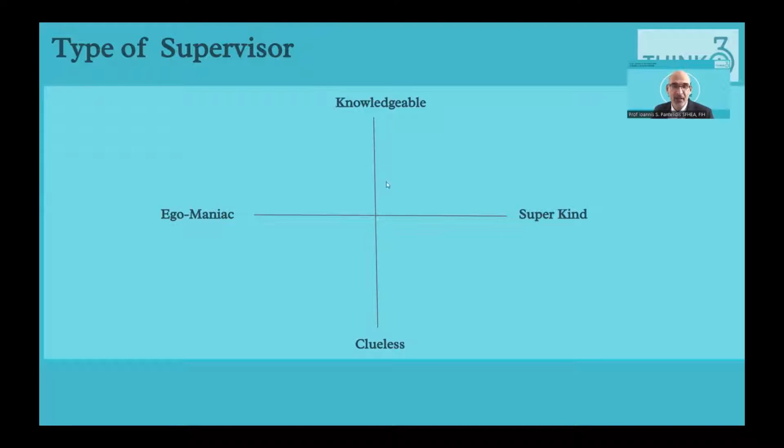The other variable would be that that supervisor is either super knowledgeable, they know everything about your topic and the methods that you might be choosing, or they could be clueless. And yes, it can happen a number of ways. Somebody might get lucky and get some research grant, or maybe your original supervisor has moved to another country or another university and you're left with a supervisor that is not as knowledgeable as the original supervisor that you had.